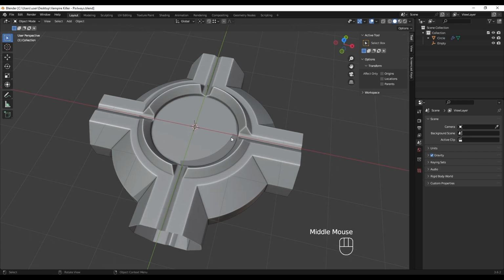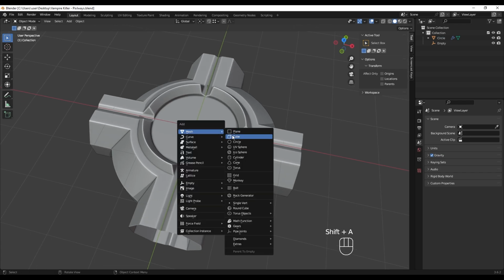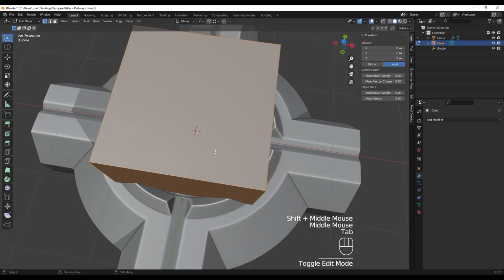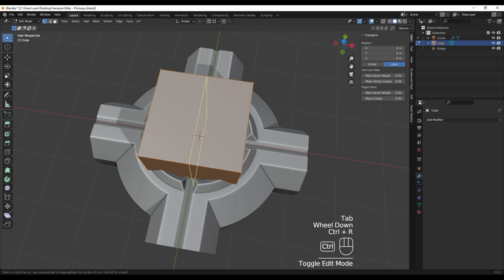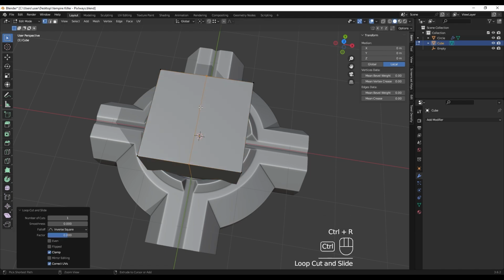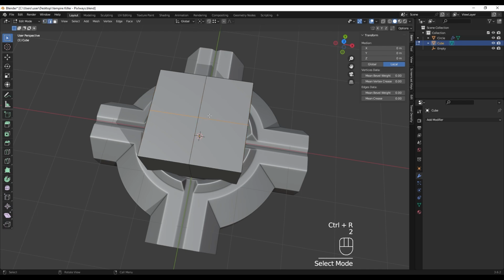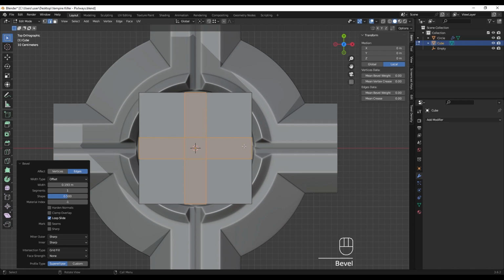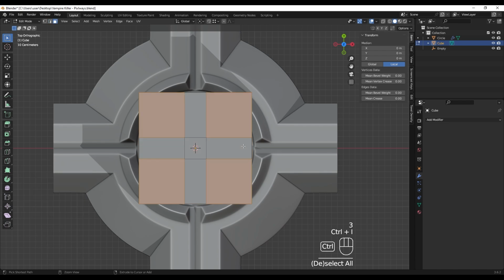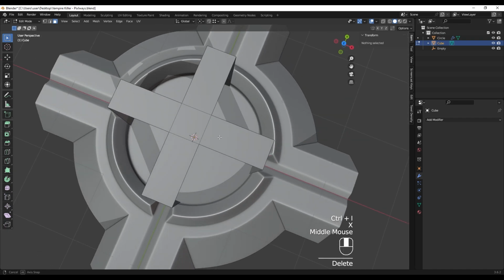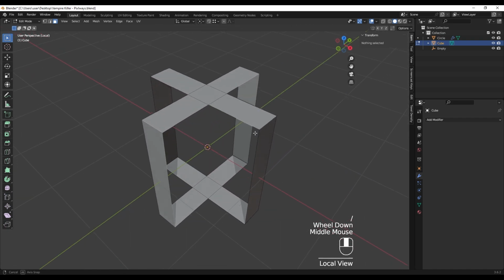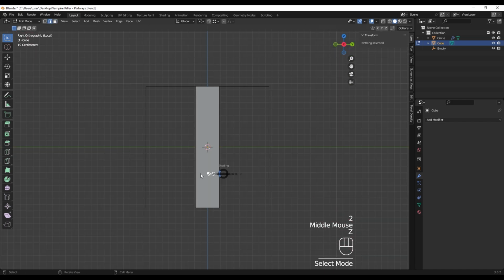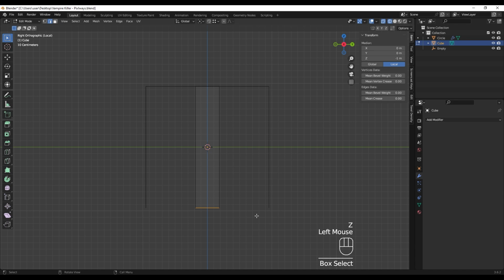Right now, I'm going to add a cross at the center. So I'm going to add a cube and scale this down a little and go to edit mode. And I'm going to add a Control R edge loop here and another one here. Then select both, press Ctrl B for bevel, and then go to face and Ctrl I and delete these faces. And go to isolate mode and select these faces and delete, and then select these edges,